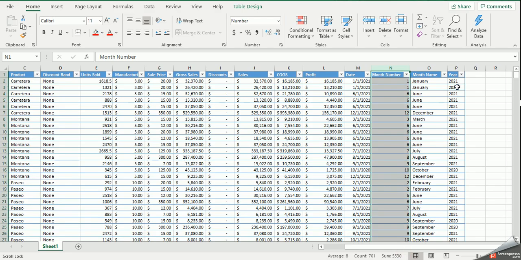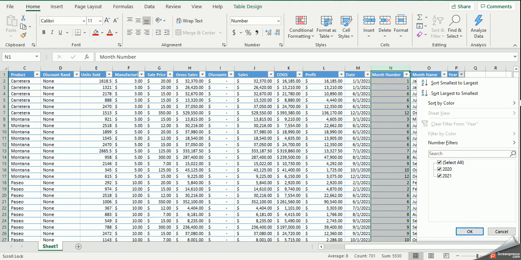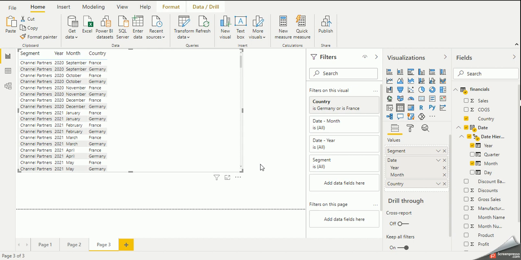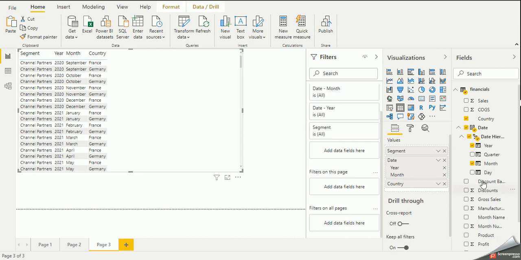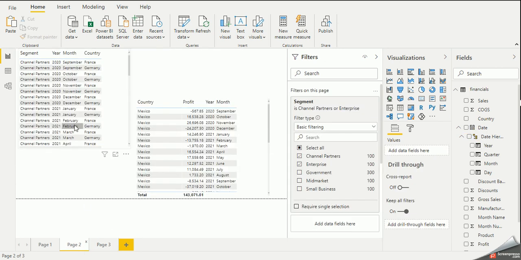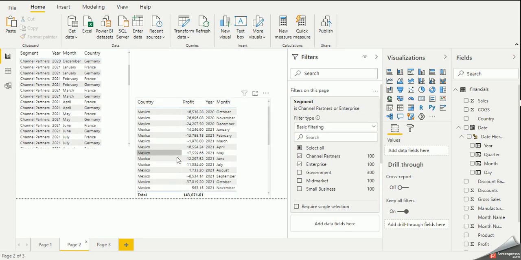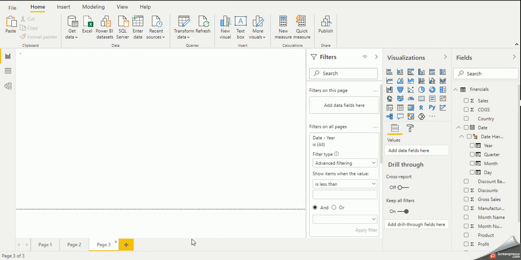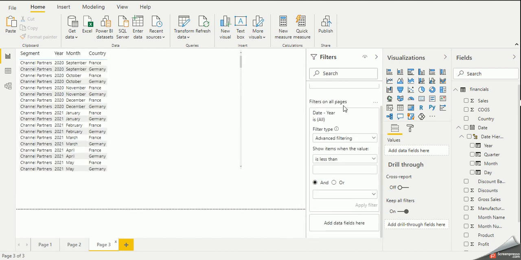It has 2021 and 2020 data available, you can see. If I put a filter for year, for 2021, I will bring the filter on all pages. Before I click, you can see that we have a 2021 filter available. When I put a filter on all pages, we basically have other options available for the filter itself that we will cover later in the video.